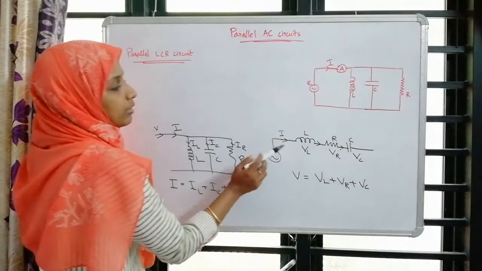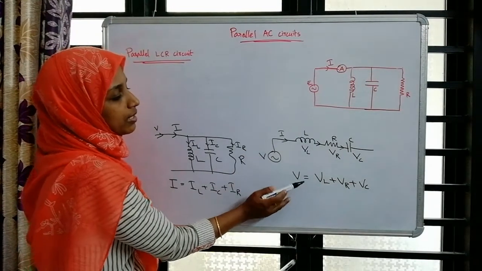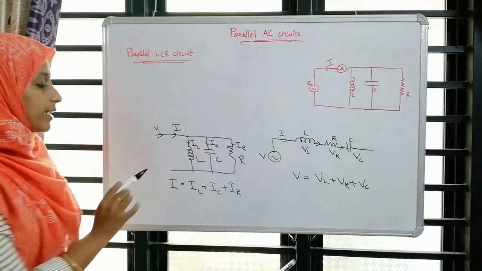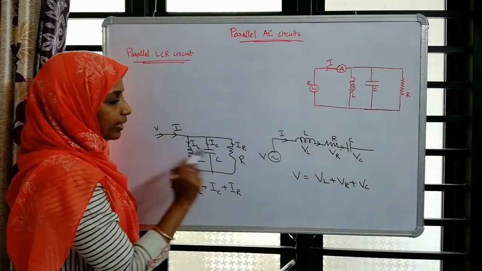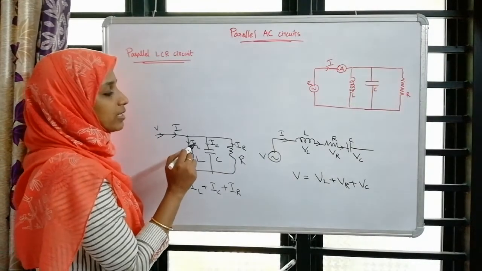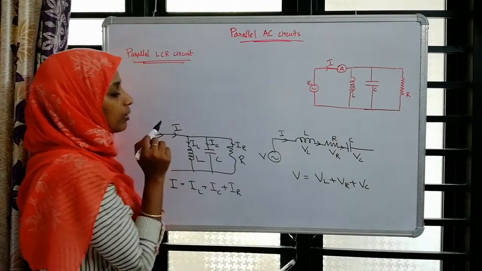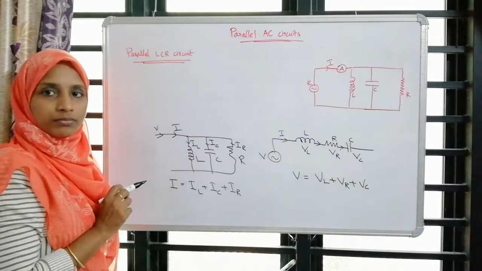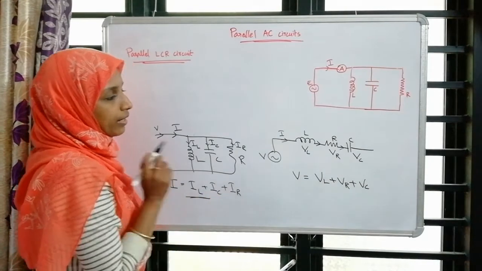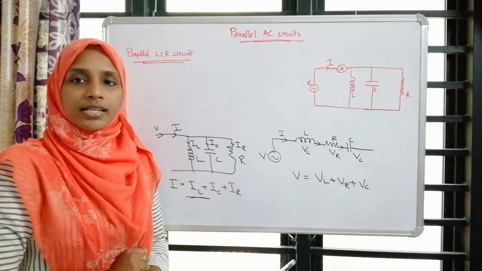In the series LCR circuit, the current is the same among all the components and the resultant effect will be the sum of the voltage drops across the particular components. In a parallel circuit, the voltage across the parallel components will be the same and the only distributing factor is the current. The resultant current will be distributed among the three or two parallel components. So here the resultant effect is I equal to IL plus IC plus IR. These are the important tricks to remember the difference between parallel and series AC circuits.